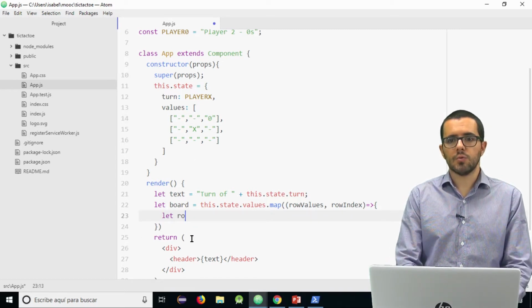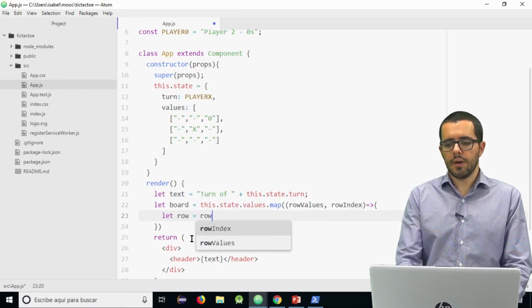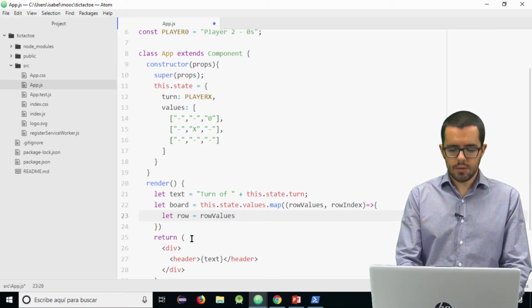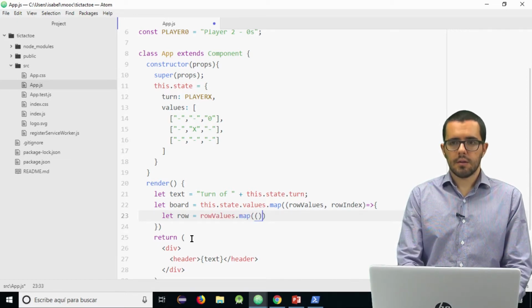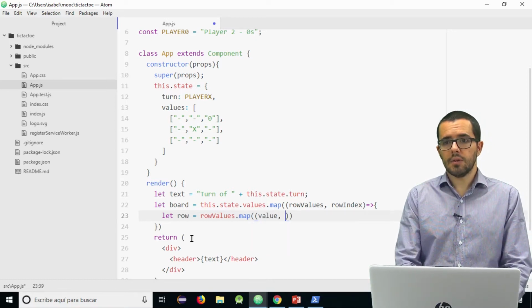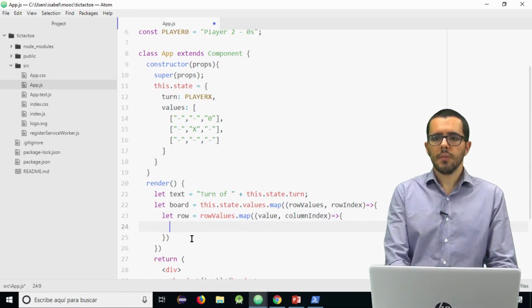So now here we have to treat each row how? With another map function, row values.map, and again it will receive value, the final value, that hyphen, X or 0, and column index. And this is another function.